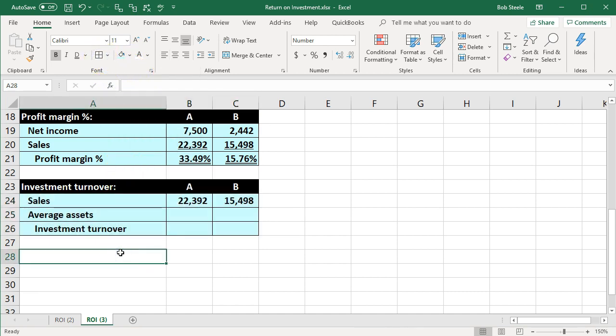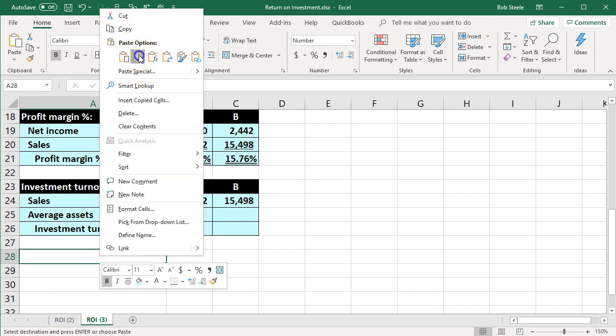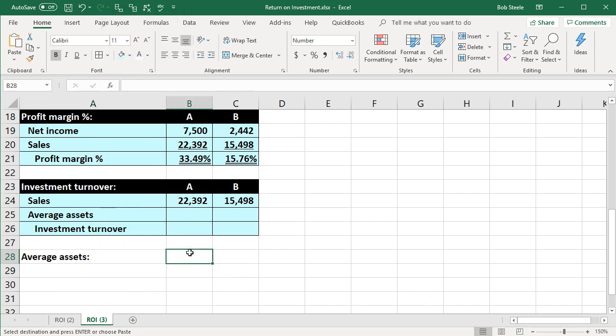If you don't want to format the worksheet yourself, there should be a pre-formatted worksheet as well that you can just work through the calculations with. And then we're going to say that the average assets, we're going to calculate this average assets in kind of a formal process. So the average assets for A and B. So this would be one way. If we didn't know the average assets, we can calculate this. And if we want to show how we got to these average assets, then we can do it in this process as well. So the average assets are going to be the beginning